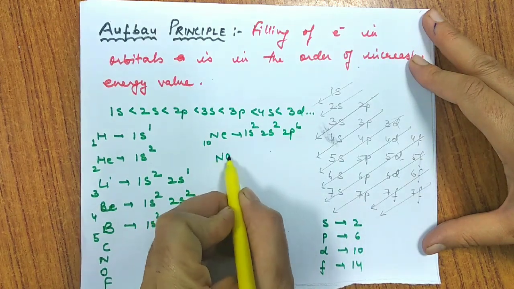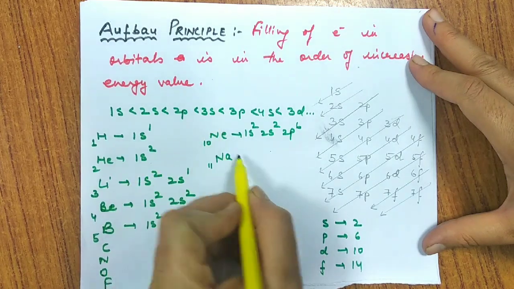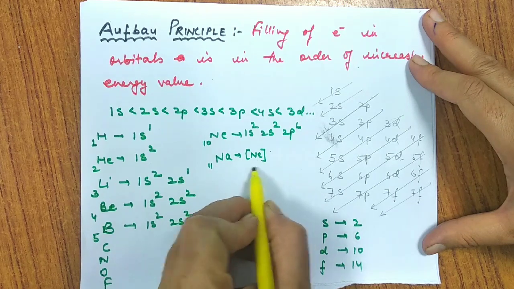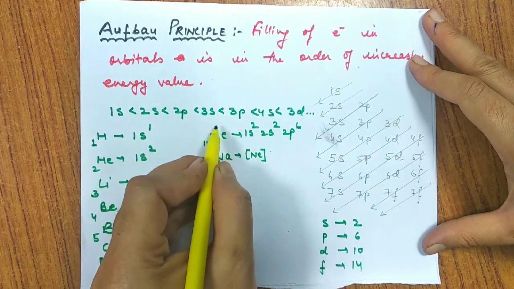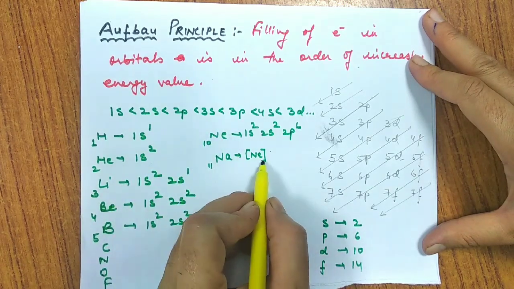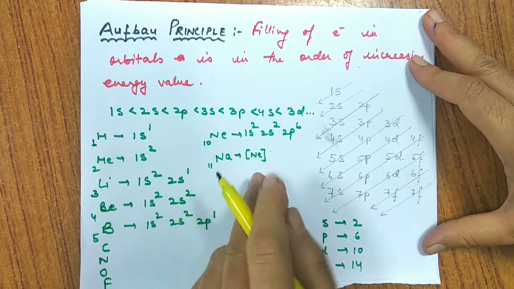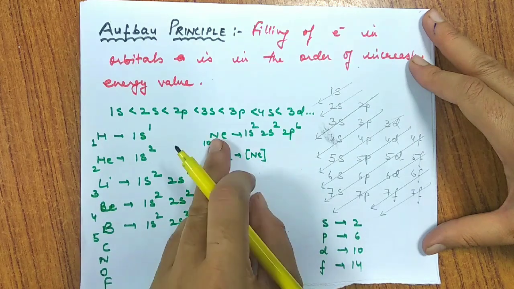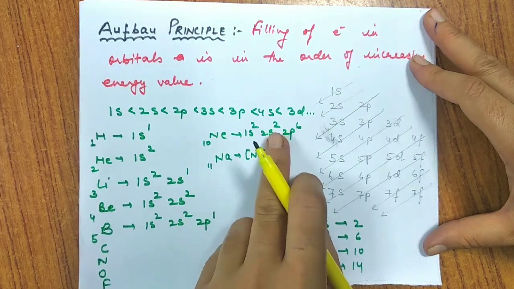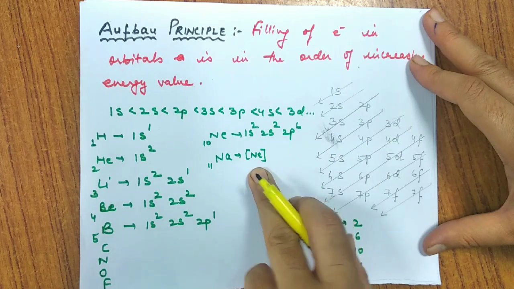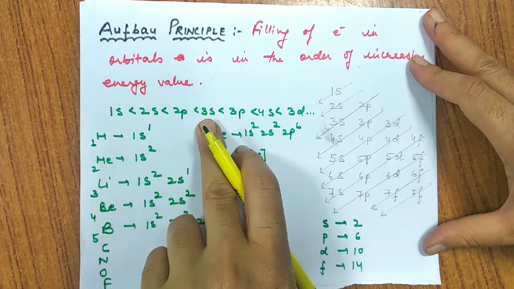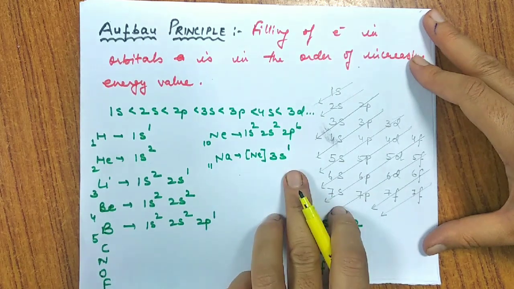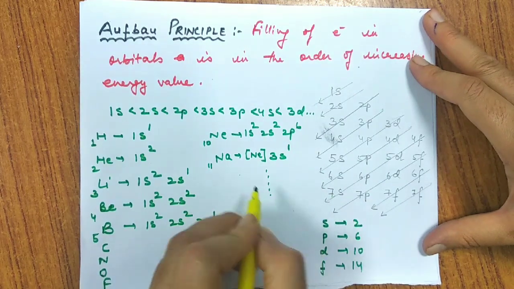After neon, if I have sodium, which is 11, I'll write neon in square brackets as the arrangement. That means taking the previous noble gas configuration by writing its symbol in square brackets, which itself means I'm talking about this whole configuration. So I have written neon, which means I'm talking about 1s2, 2s2, 2p6. I have filled all 10 electrons, and then after 2p the next in order is 3s. So the next electron will go to 3s1, and so on it will continue till